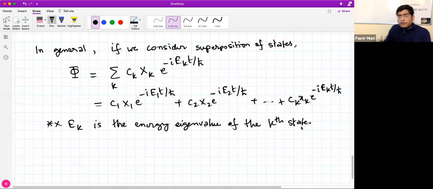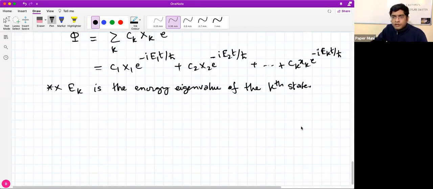All right, so we'll use this when we have superpositions of states, whenever we have some potential. We'll be applying this part whenever we are asked about the total wave function, or the time evolution of a wave function. In that case we have to add this factor. So how do you do it? We'll do it for each potential.